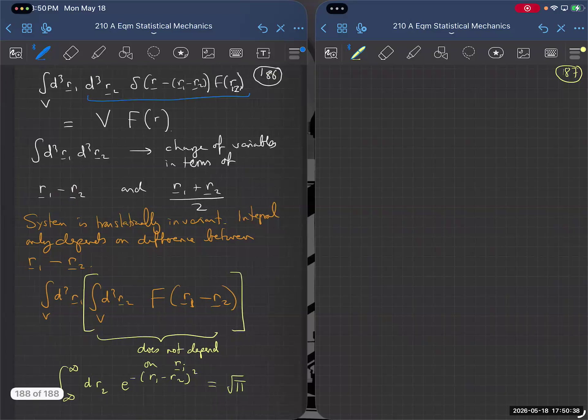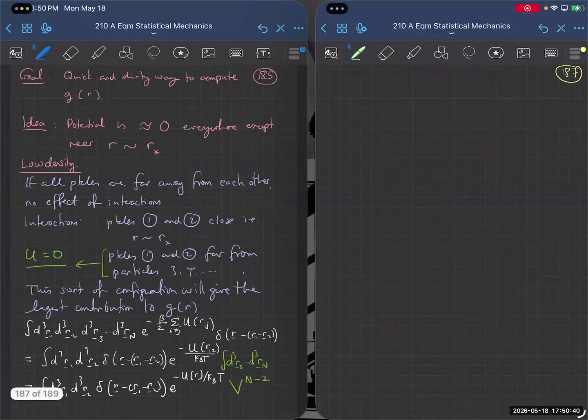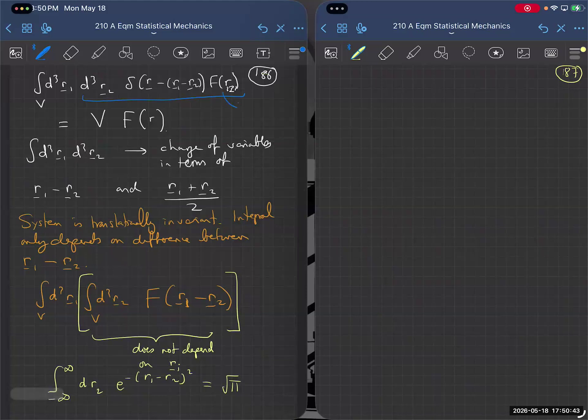And so where f of R12 is equal to e to the minus u of R12 over kT. So what that means is, what I end up with then is v times e to the minus u of r over k_B T times v to the power n minus 2. So that's the numerator in g of r. And the denominator in g of r,